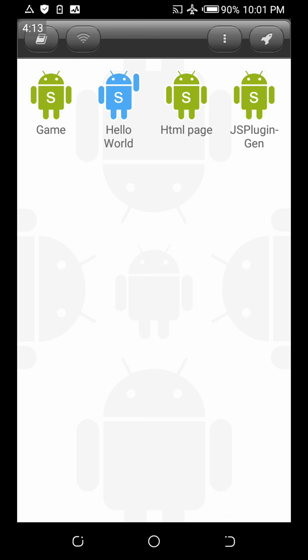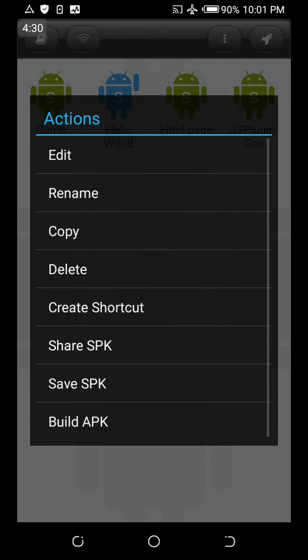So what can you do with an SPK? Well, the best part of it is that, once it's still an SPK, you can share it with another person. For example, I will share this HTML page on the group. When I share it, you will see here this option, share. After I share it, that means you as a user or developer, at the moment you click on the SPK,